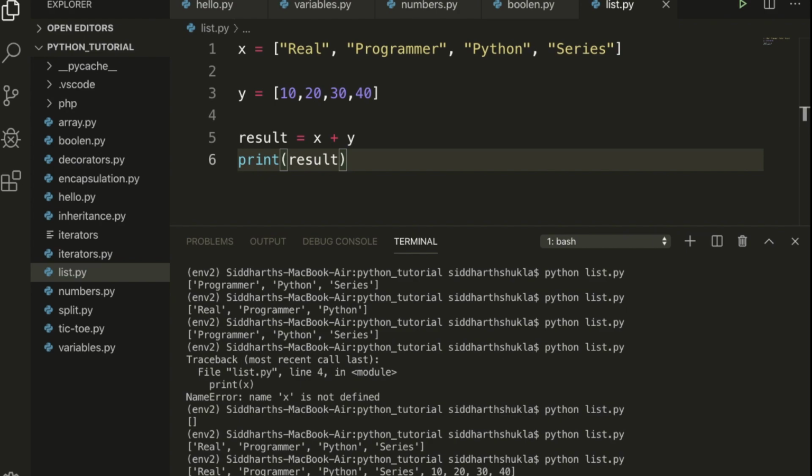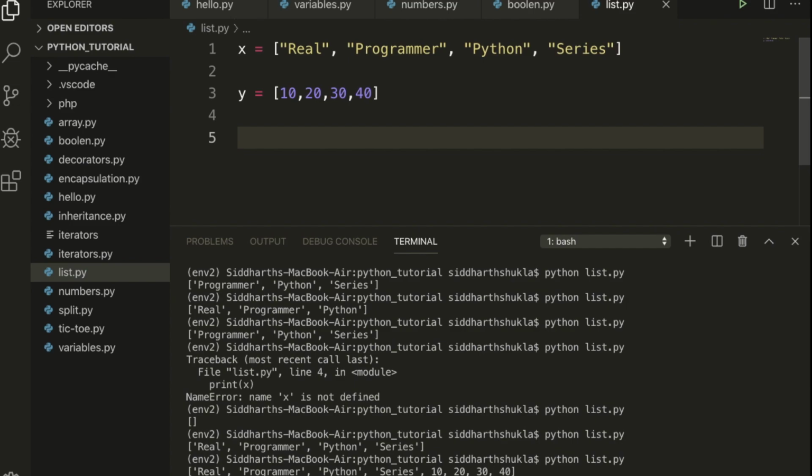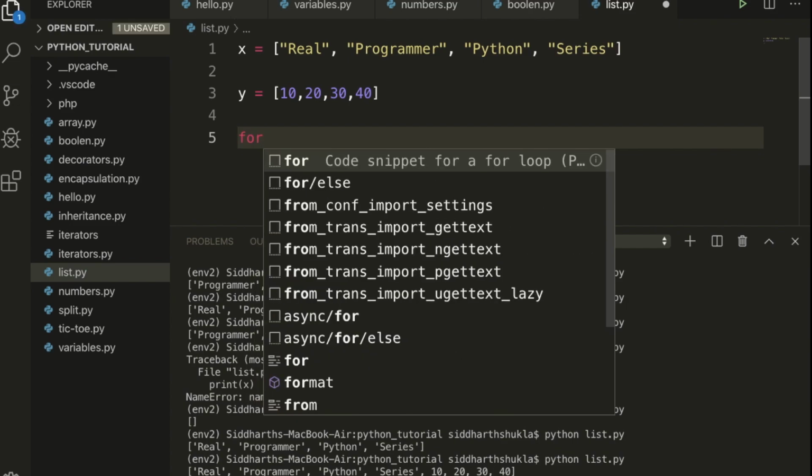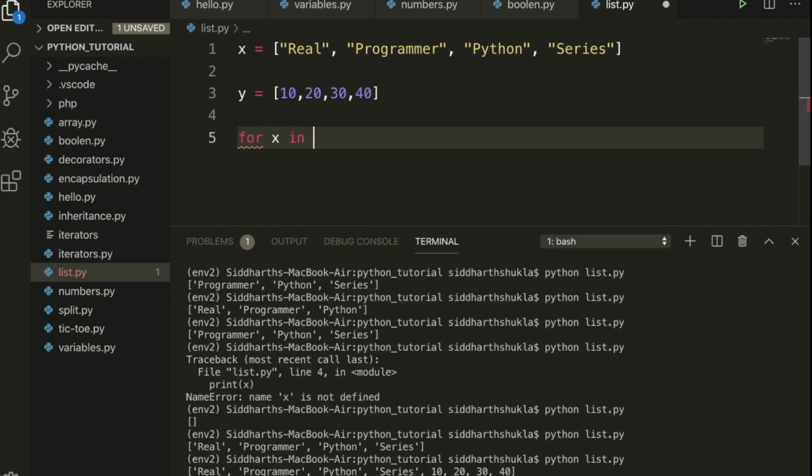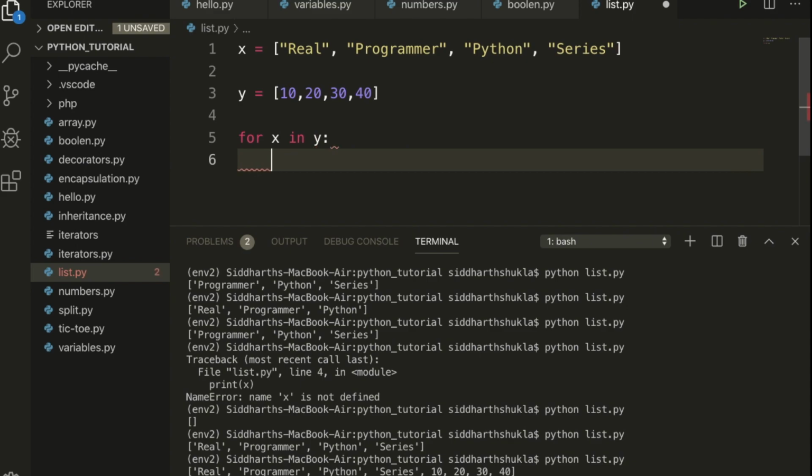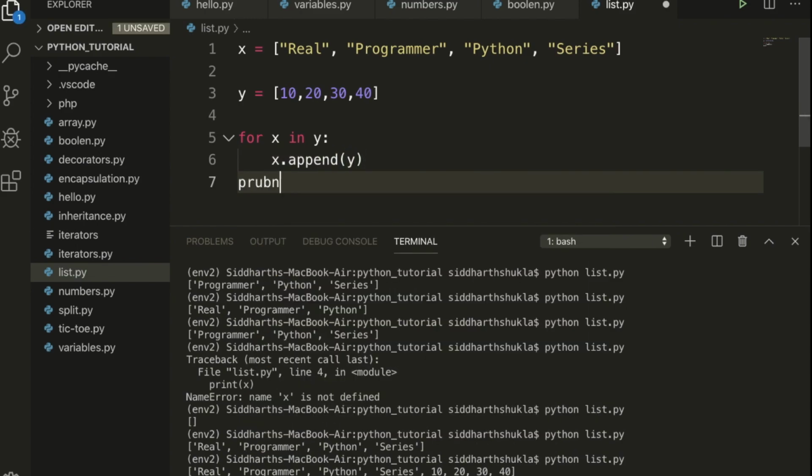And also we can append using a loop, like we have the two values, x and y, and result. Now I am going to use a for loop, for x in y. Now I am going to use the append method, basically x dot append y. Now I am going to print what I want to print, x. Now check,